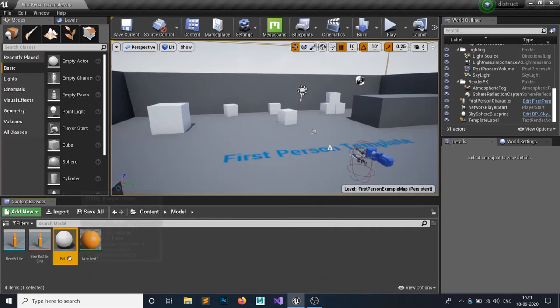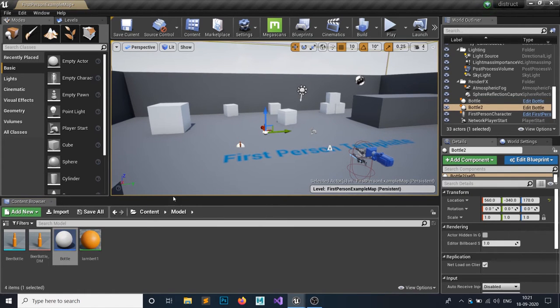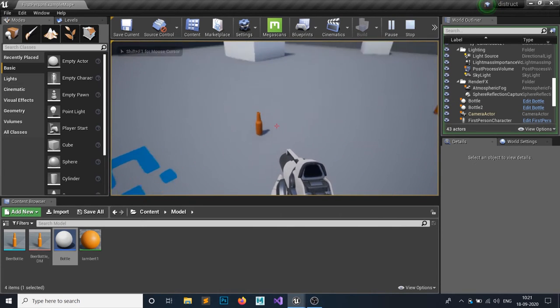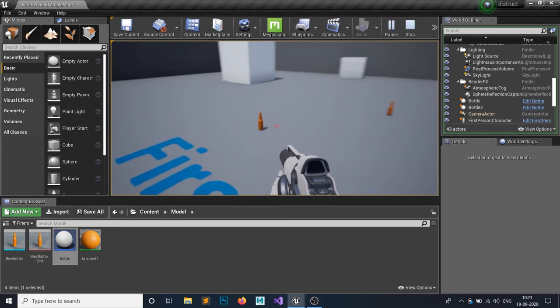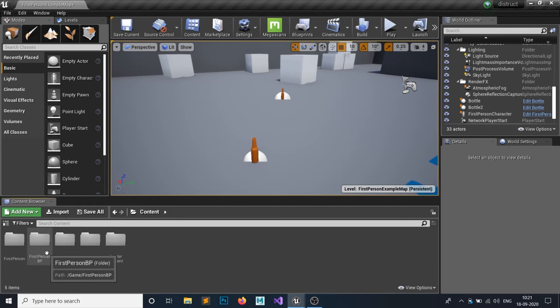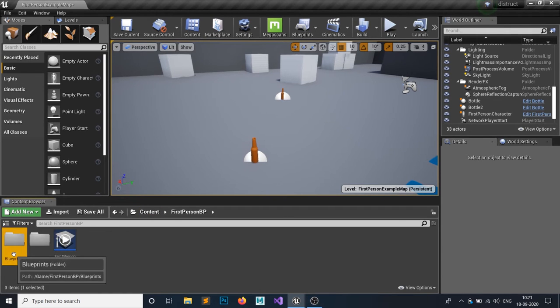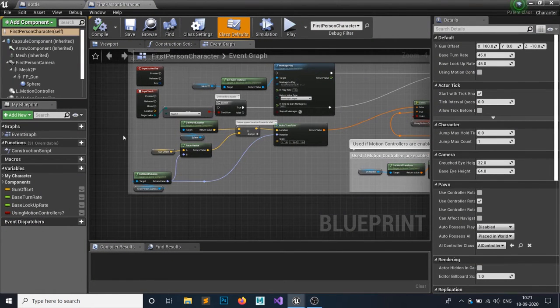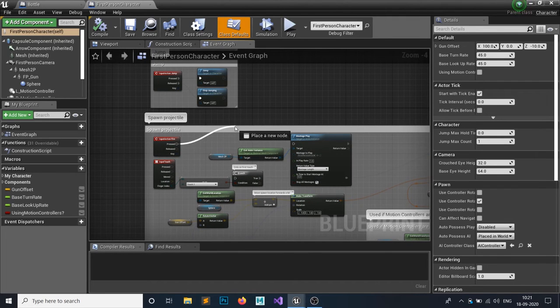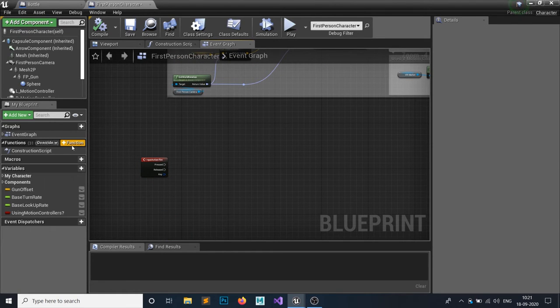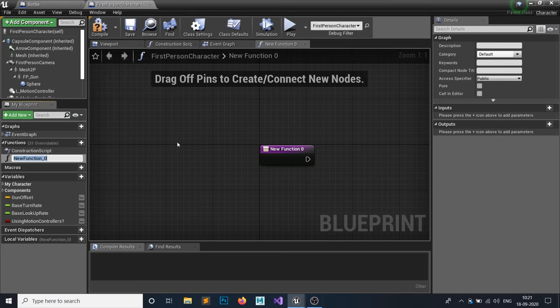So this would work something like this. Let's test this out. If you grab a node and add it here, you can find destructible mesh nodes. These are all the destructible mesh objects. This one. So if we shoot our gun, then this would be destroyed. How are you going to do that? Let's make a function to shoot our objects. Open your third person or first person character, whatever you are using. I have just disconnected this fire from the montage play, nothing else I have done. I want to make a function first. I'm going to call it Fire.